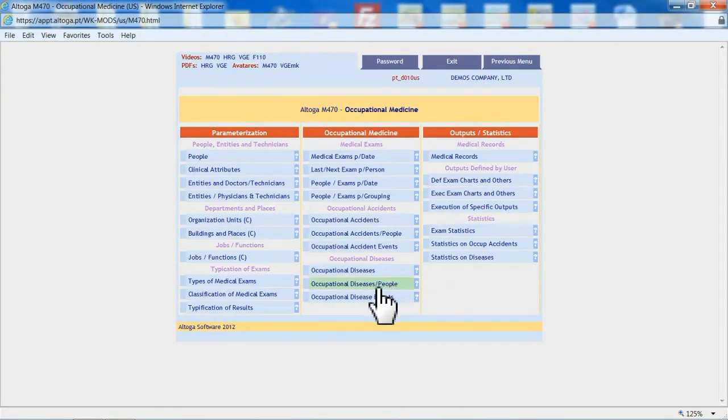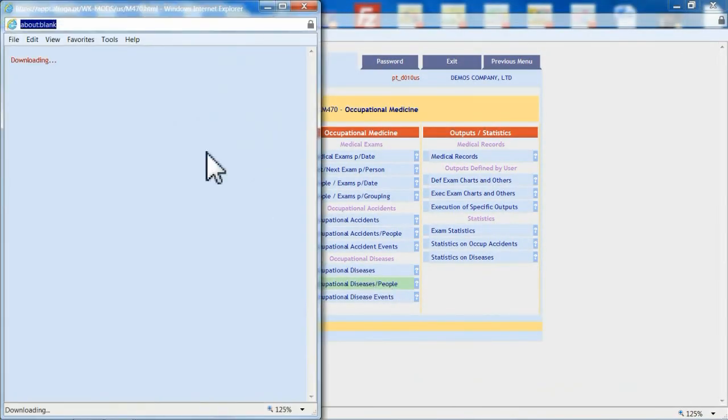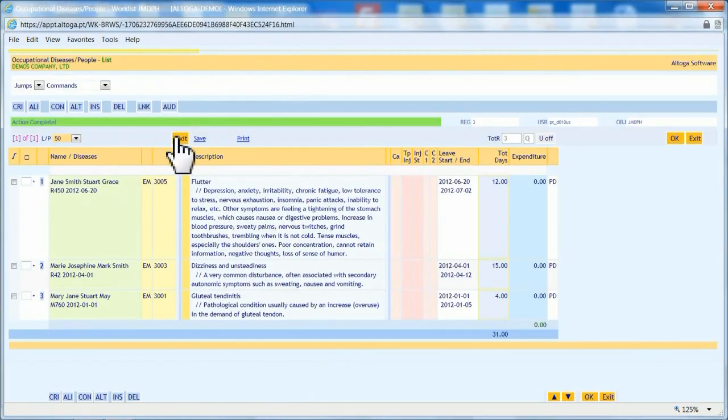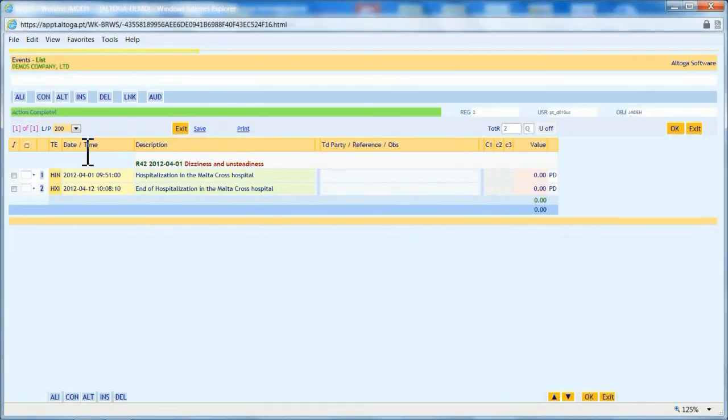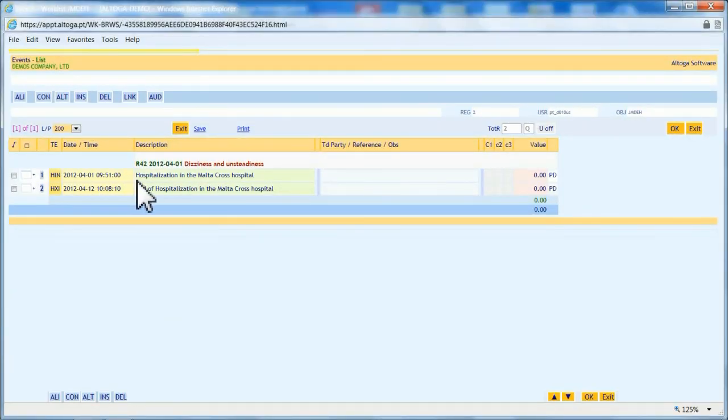In the listing of occupational diseases per people, all the information is connected to people. For example, Mary Jane Stewart May had tendinitis, which results in 4 days leave. Events are also managed under diseases. In this case, Mary Josephine had dizziness and instability. When accessing the events, we noticed her admission to the Maltese Cross Hospital on January 1st and her discharge 12